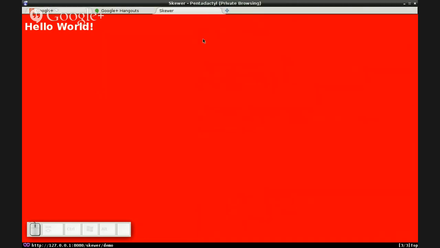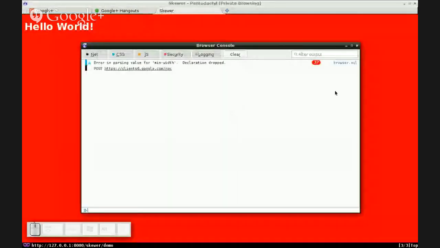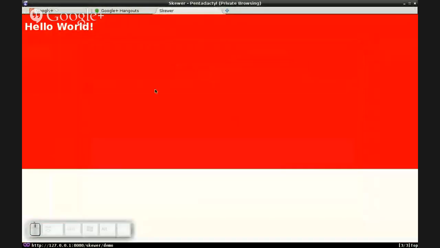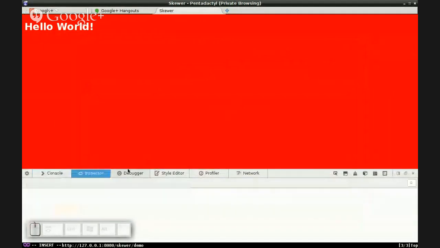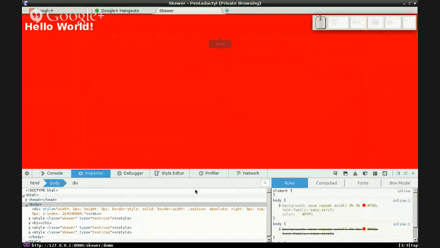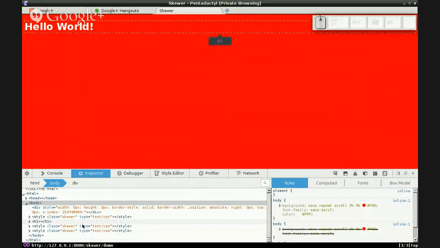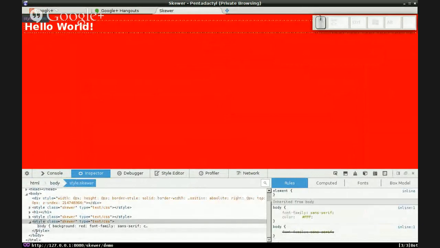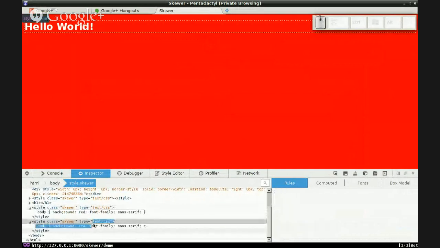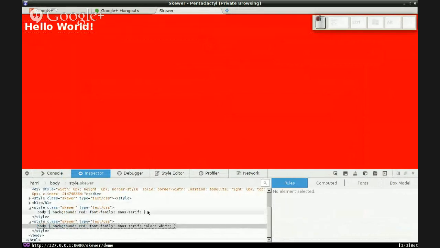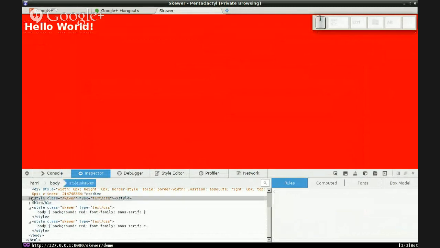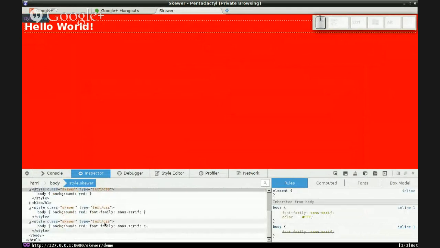To show off how this works, I'm going to pop up the inspector. Let's move this off to the side. If you see these styles showing up on the bottom here, it's actually just appending style sheets to the page to get everything done. So here's the first one I did, here's the next one I did, and here's the last one. So it's just building these up, and it's a mess on the page. So I don't know if you'd really want to capture that as is. But it's good for experimentation, and I can see how that live workflow would be really great for feedback. Because even the hassle of hitting refresh on a page after you change the CSS is just a